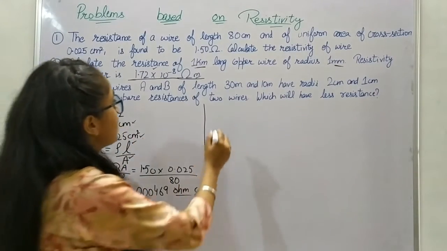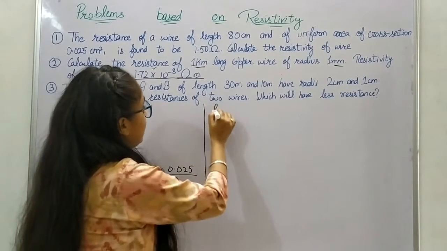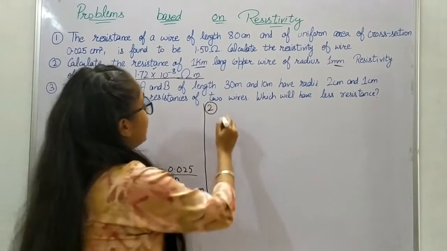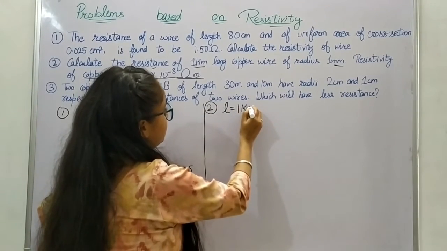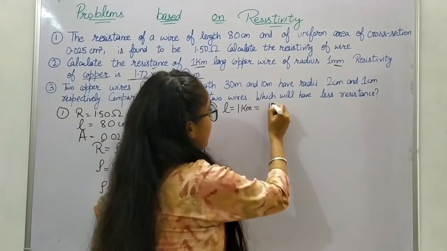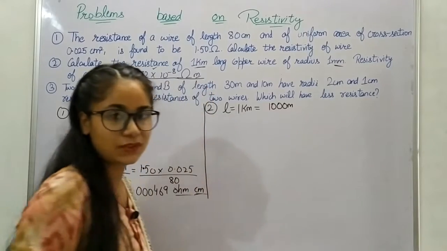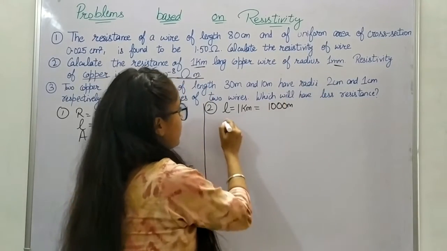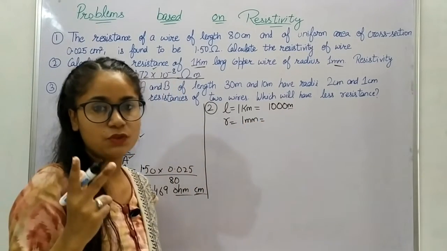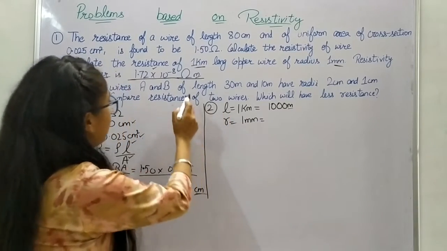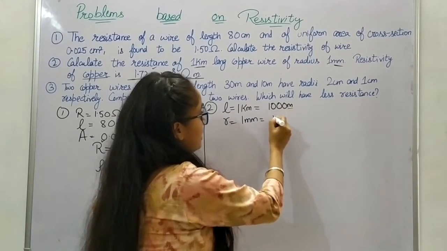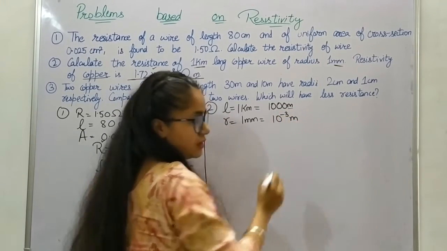As we have to find the resistance of the wire, the length of the wire, let me write it down in the solution, is 1 kilometer. How many meters are there in 1 kilometer? It is 1000 meter, right? Then we have the radius of 1 millimeter. Now we have to convert it into meters, because we have two factors in meters, the length and the resistivity of copper. So converting it into meters, it would be 10 to the power negative 3 meters.